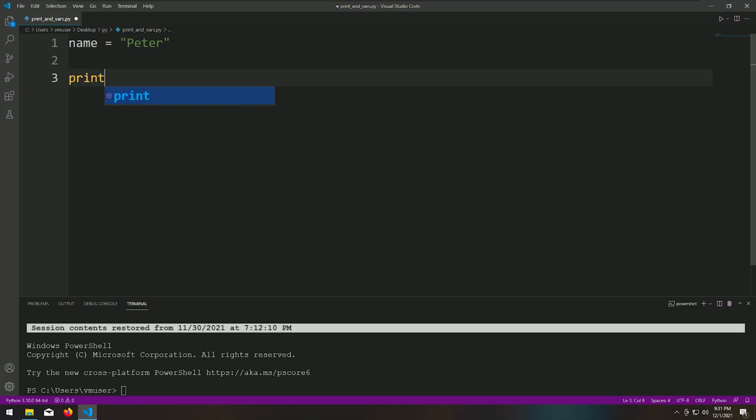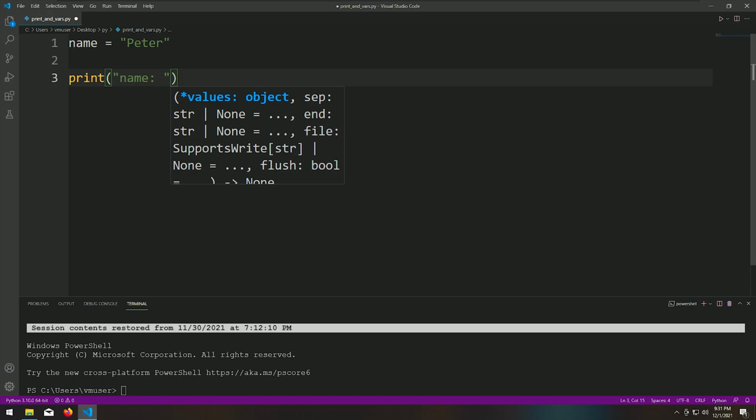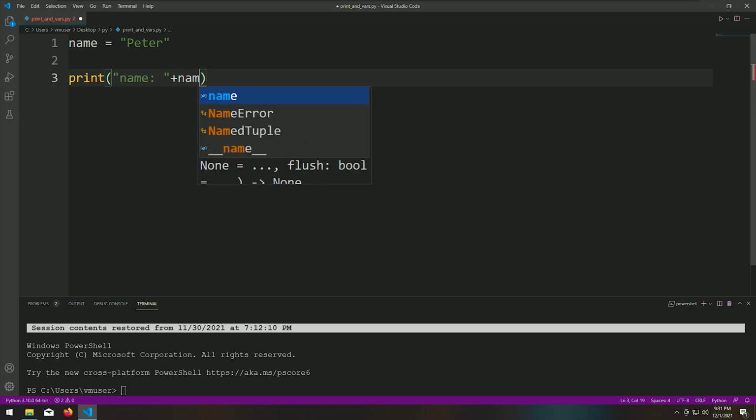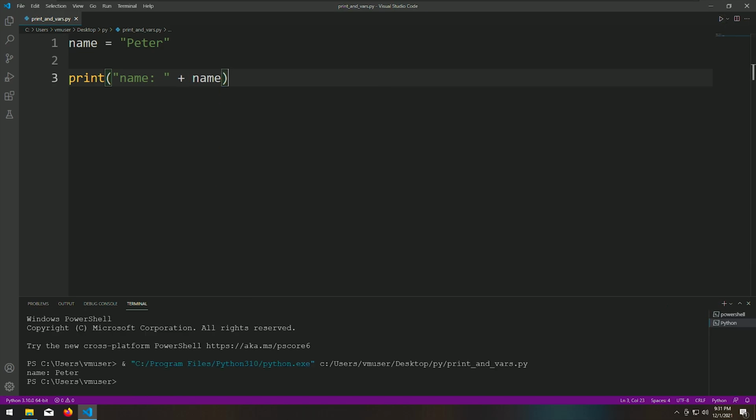Hello guys, to print a variable in Python, just use the normal print statement with a text and then add a plus at the back of it and then call the variable like so. When we execute this, you see it writes down below in the console Peter and the value of the variable is also Peter. This works perfectly, but it looks a bit ugly,